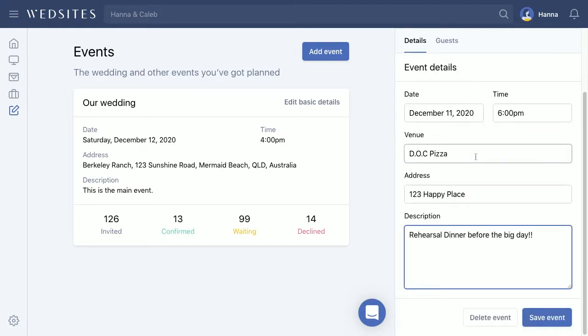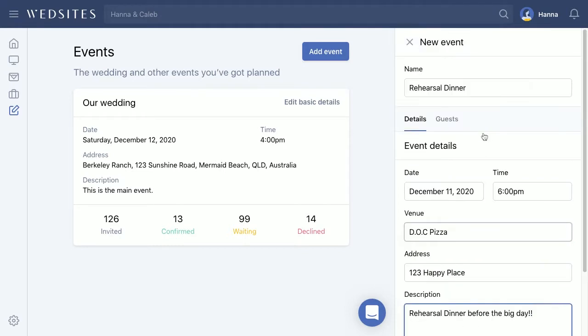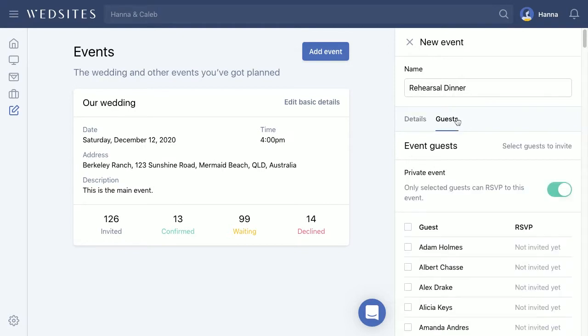So we've added all of the rehearsal dinner information, but now what we're going to need to do is invite some guests. So there's two ways that you can add events. Some events you might want to invite everyone that you've invited to your wedding, or you might be having a private event. Oftentimes for the rehearsal dinner, you're most likely just going to be inviting your bridal party and your parents. So if you want to do that, just make sure that you've toggled this on so that